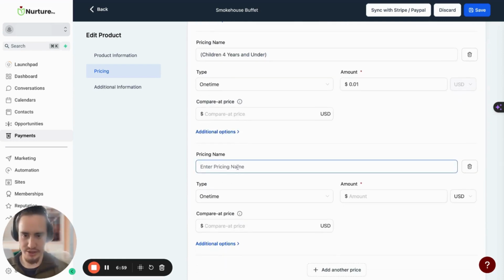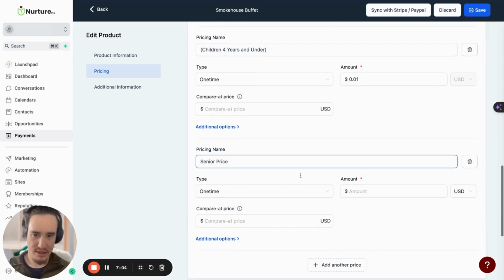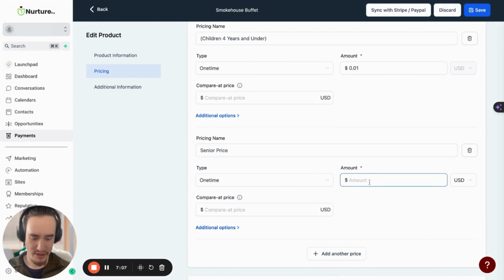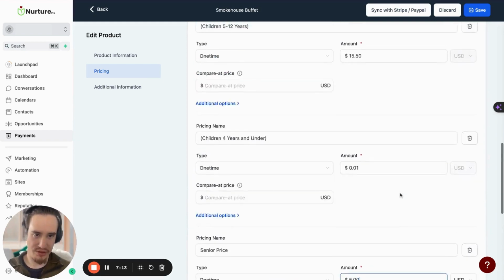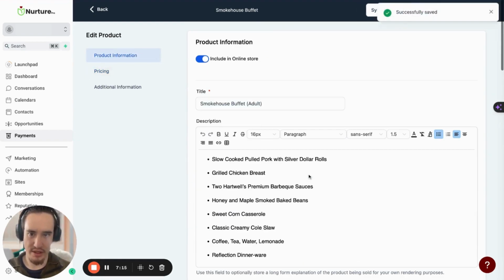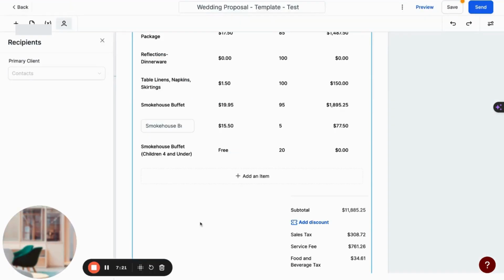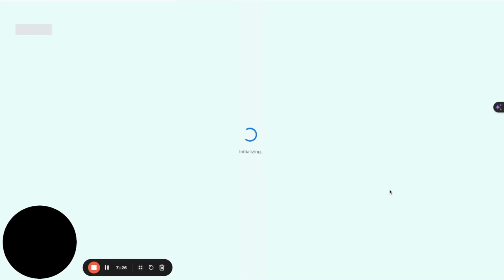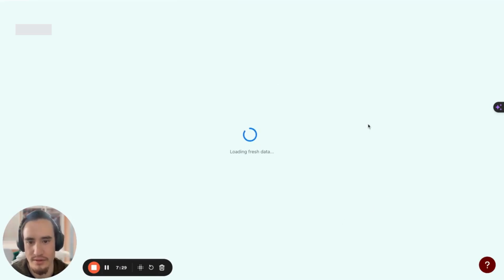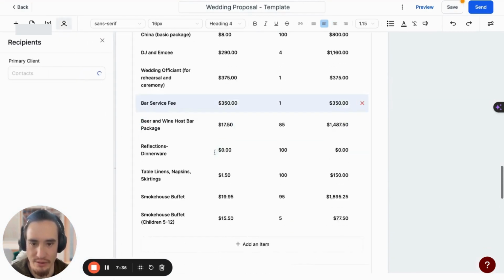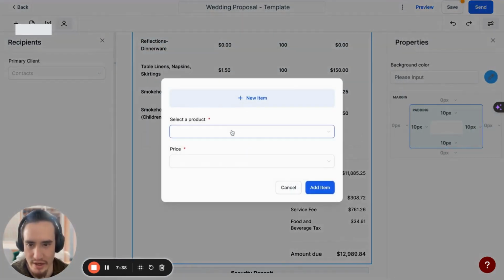And even if you wanted to do a senior price, you could do that and add that amount in here, say $5. And then once you save that under the Smokehouse Buffet product as an adult, we'll go ahead and refresh the page here so we get our new information. There we go. Now that we're back in our proposal, we can go to add item, select the product, and